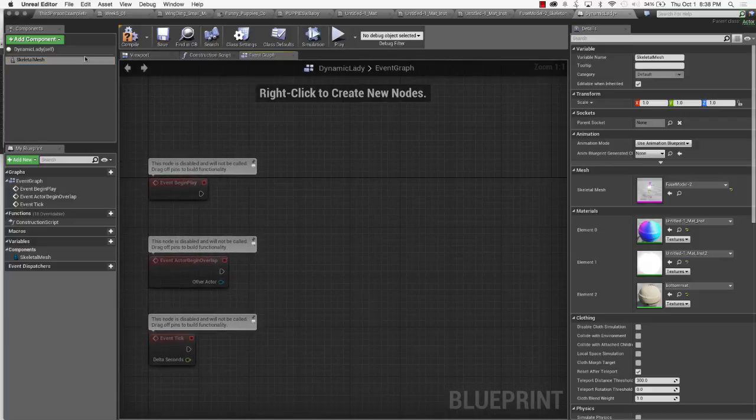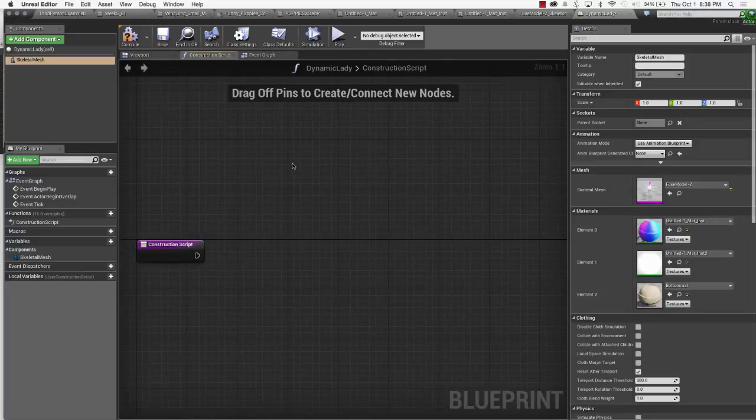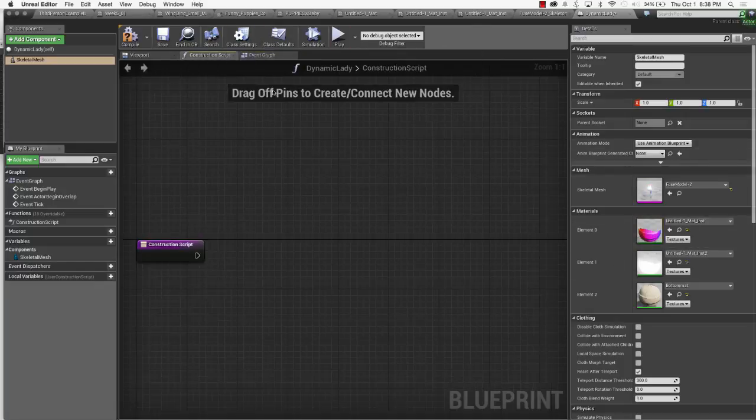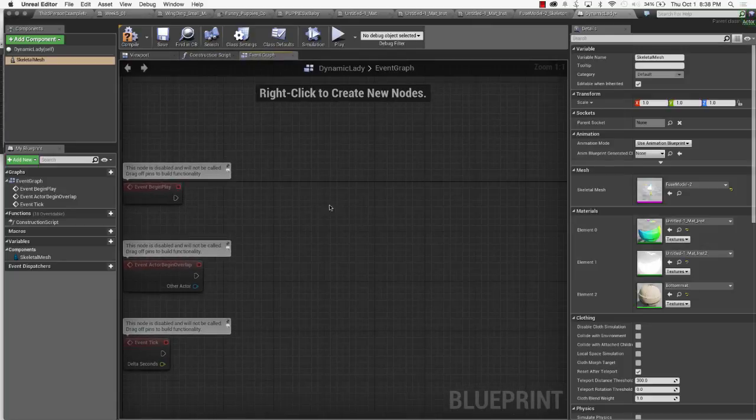So if you look at the skeletal mesh and we look at these details, these are things we can set up right now. You could do all this stuff in the construction script. This is where you have your begin play. I don't really code that much, but you can. You can load materials and all that kind of stuff. I can switch those things, but right now we're just going to worry about changing it dynamically in the event